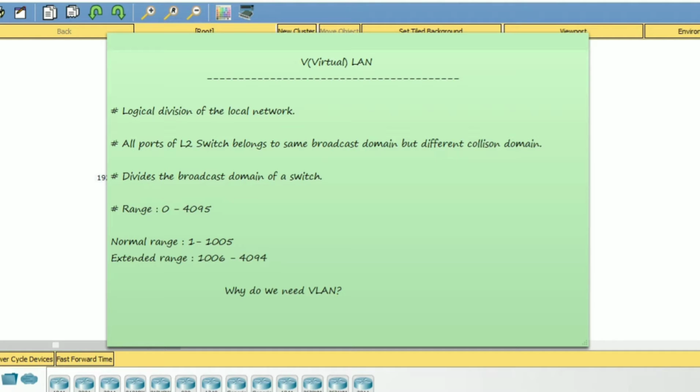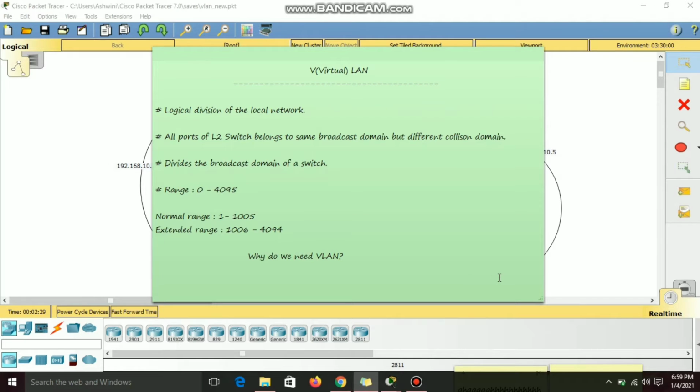Let's consider an example. In an organization there may be different departments, so there may be some traffic which is actually required by only that department, but if the traffic grows, the other department people might also get that traffic, which is not required for them. So with VLAN we can create a separate VLAN for each department and restrict the traffic accordingly. This prevents the unnecessary broadcast traffic that is sent to all the departments. It also ensures security and ease of administration.